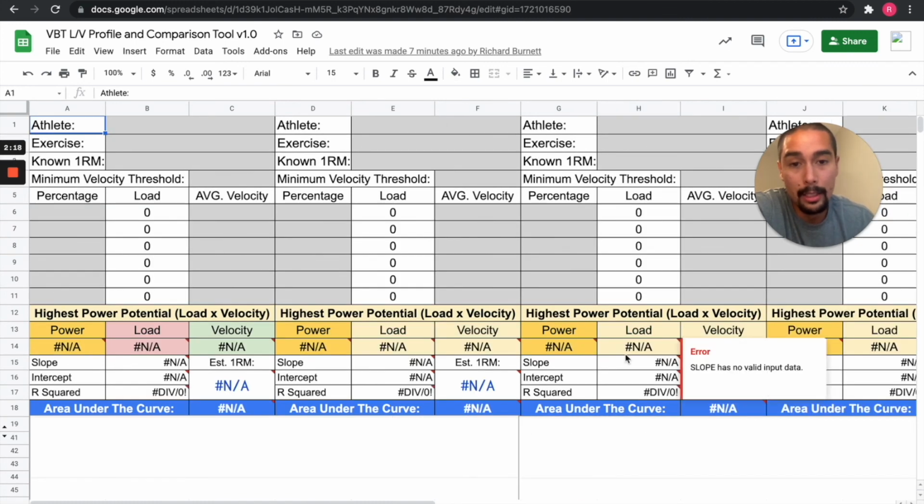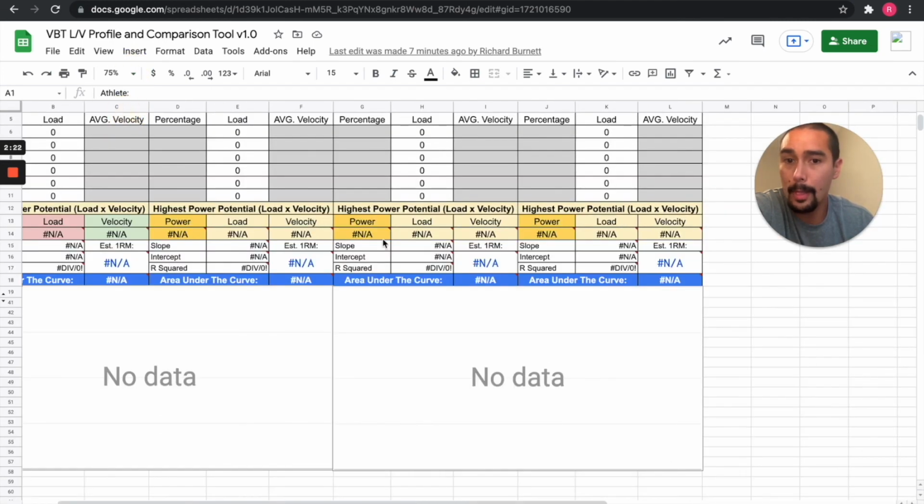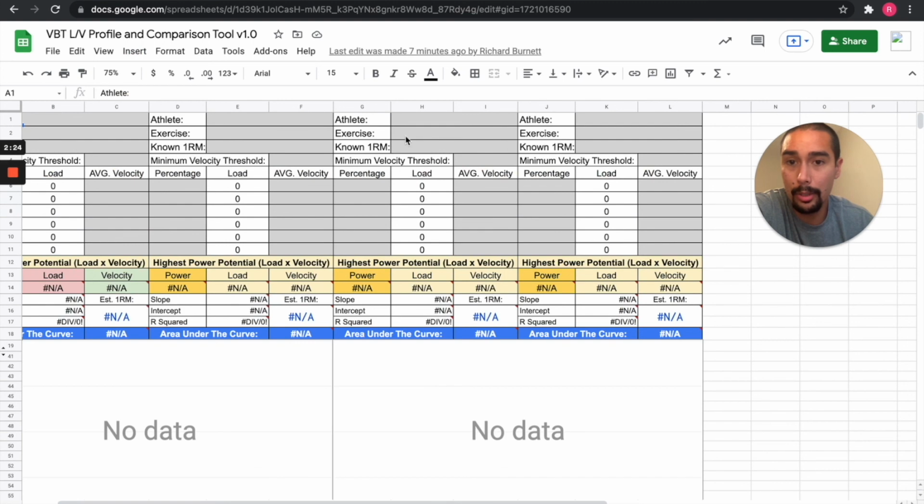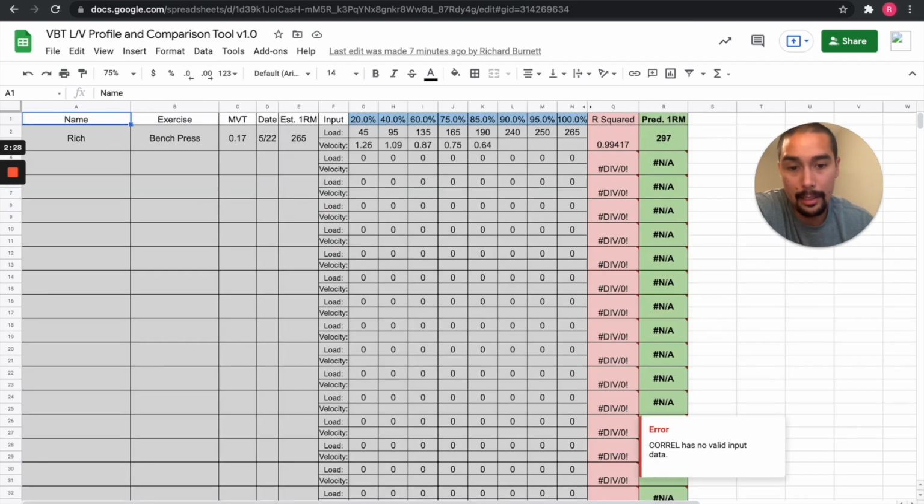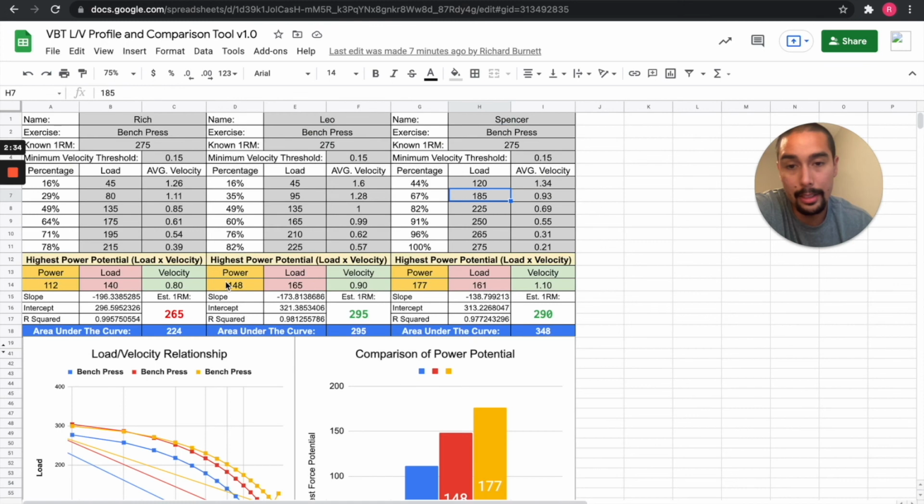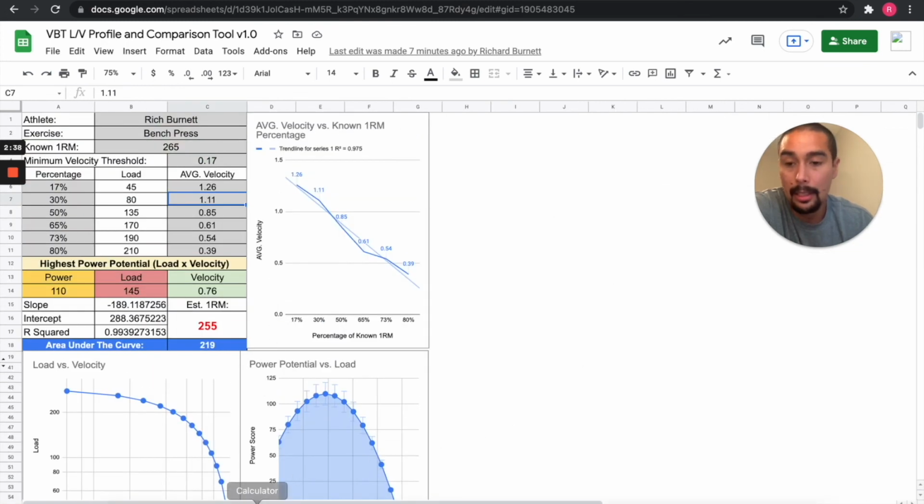So here's one that you can use to populate 4 different scenarios here, 4 different athletes or 4 different exercises, however you want to do it. And here's where I mentioned earlier that you can store multiple data, and then if you want, just copy and paste it into these other sheets if you want to analyze it again. So a pretty all-encompassing tool here for load velocity